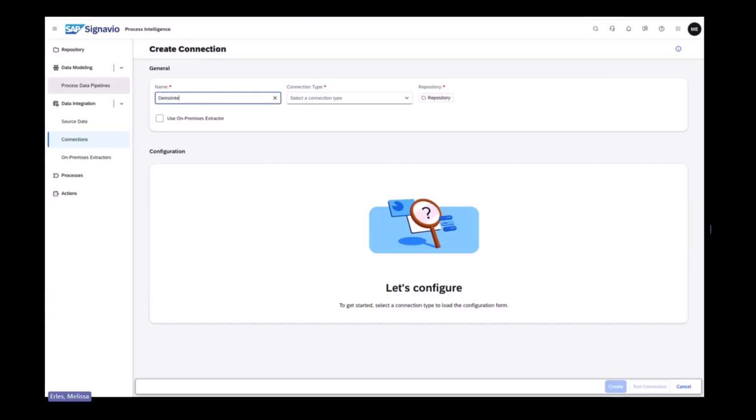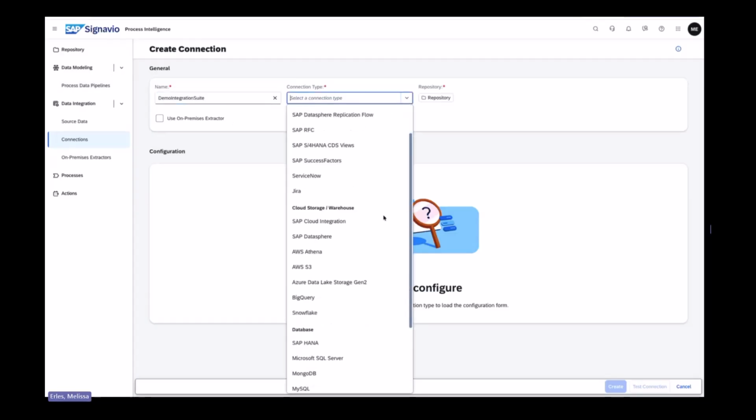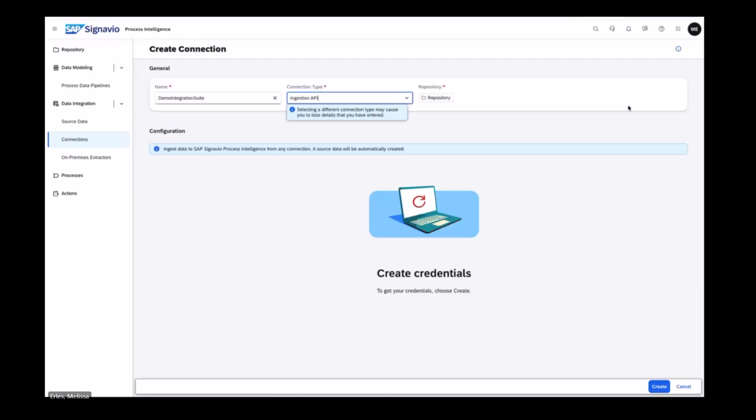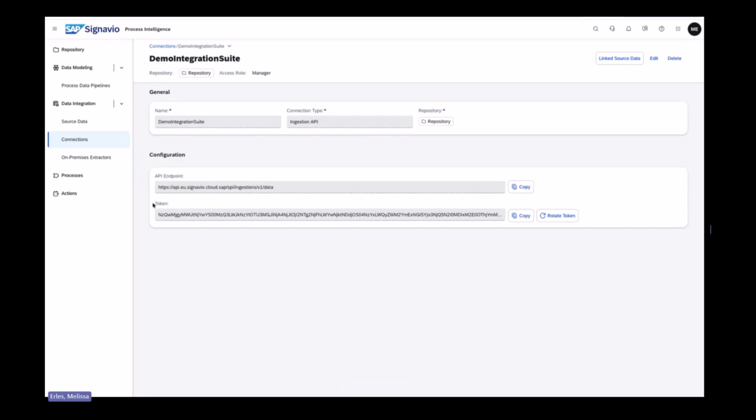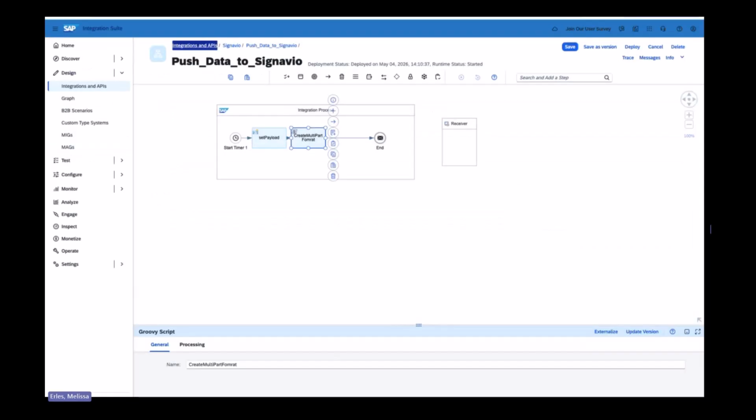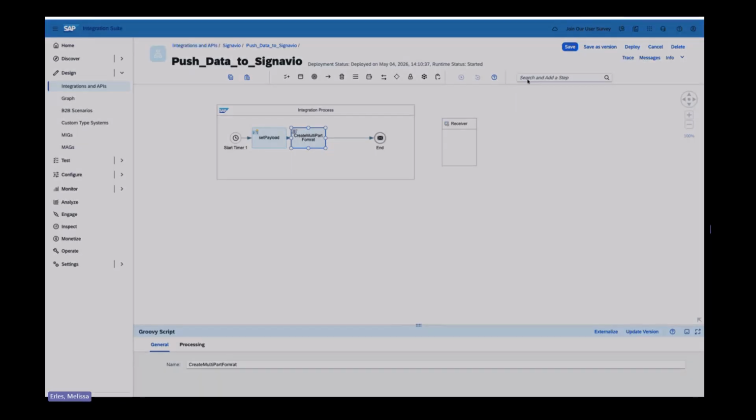Let's call it demo integration suite and search for the ingestion API. And if you then click on create, you will get the API endpoint and the token. And for the authorization part here, we need this token. So we can just click on copy it, go back to our integration suite,